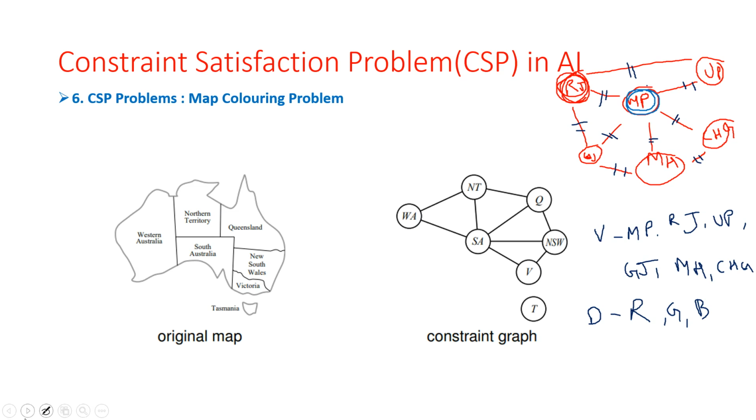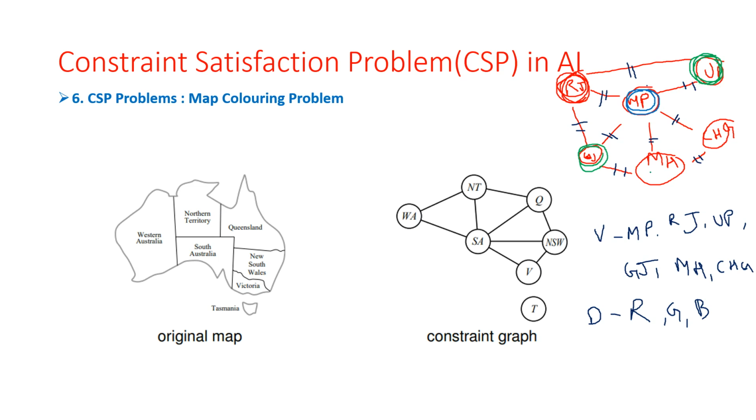Okay. So for Gujarat city, we cannot assign blue or red, because Gujarat is a neighboring node of Rajasthan and also MP. So this is Gujarat, and UP is also a neighboring node of Rajasthan and MP. We have to choose another color for UP, green. Okay, but Gujarat and UP have no neighboring nodes between them, so we can choose the same color.